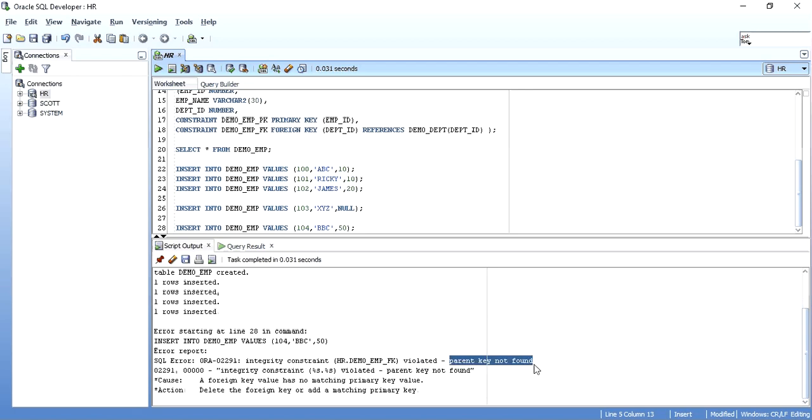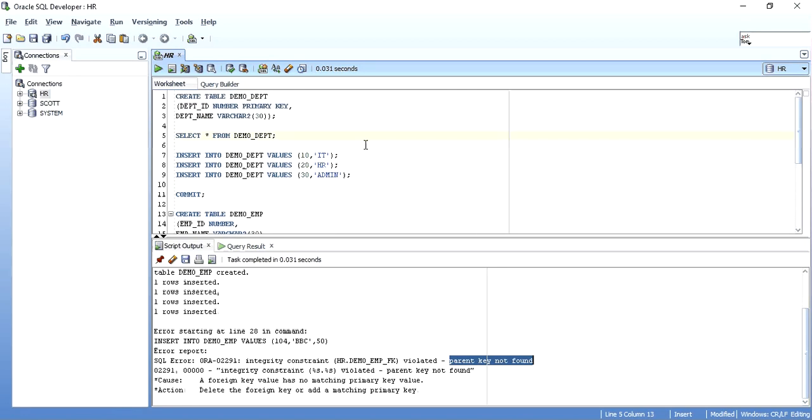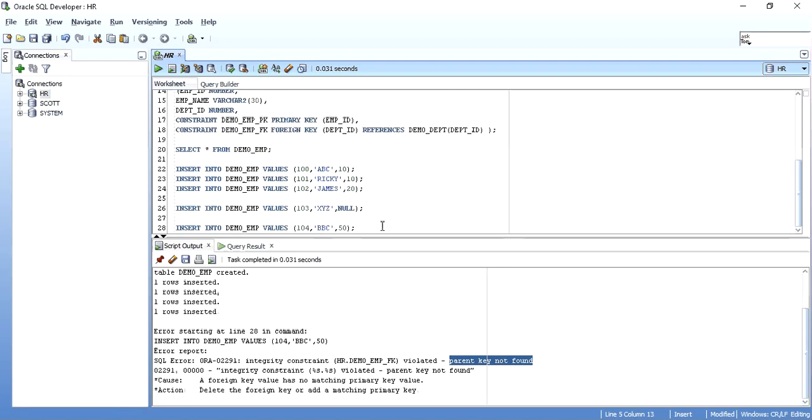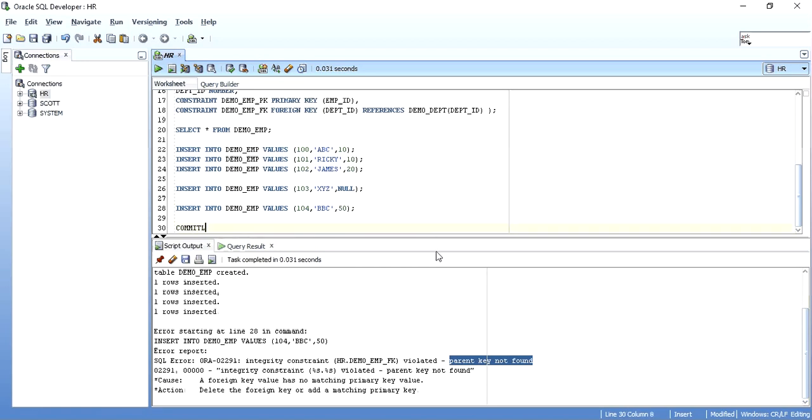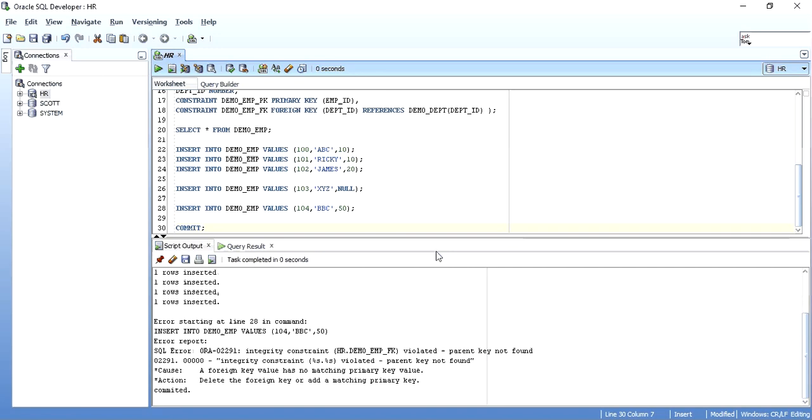Whenever you see this parent key not found, that means your master table does not have the data which you are trying to insert. Okay, so that is when you get parent key not found. Let me commit this. So I've committed this data in the child table.